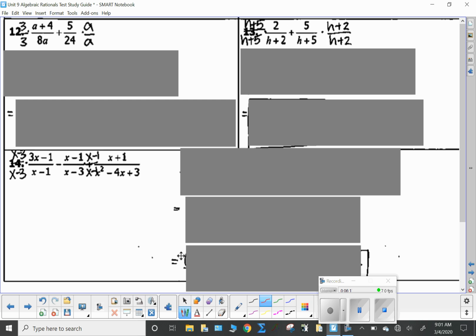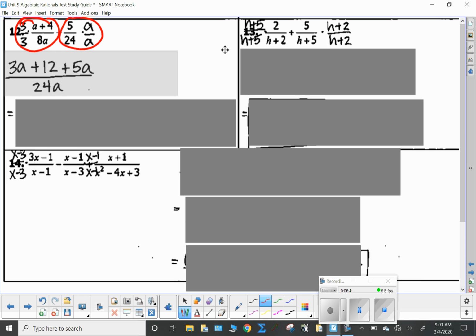Continuing on, the next one is addition, and then we have another addition. This one shouldn't be too bad. You have 8a and you have 24. Well, I have to do this a times a and this one 3 times 3 so that I can get 24a as my denominator. Don't forget here that you have to multiply the 3 times the a and the 3 times the 4. Now you're going to combine the 3a and the 5a so that you will get 8a plus 12 all over